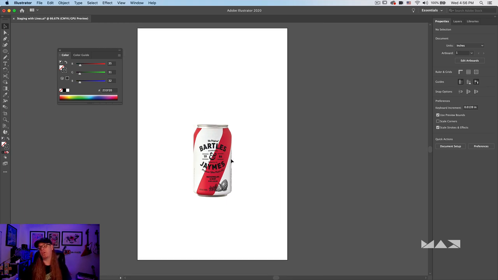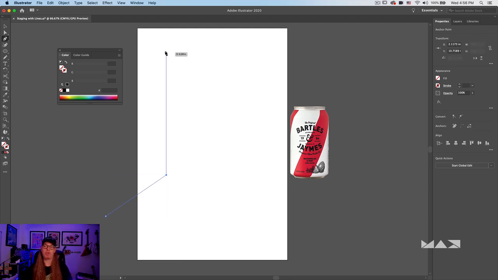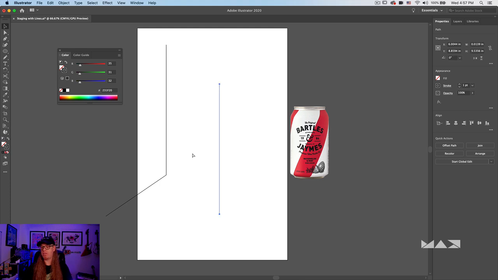So what we ended up doing was, let's move the can out of the scene here, coming in and using our pen tool to just click and draw in what would actually look like a perspective stage, as this is commonly how we present some of these products. So as I draw that little angular left side of the stage, I'm going to press Escape and deactivate the pen tool. I'm going to go ahead and fill that stroke with a black color. And then what I'm going to do is make a duplicate of this, copy and paste. Oops, let's grab our actual object, copy and paste.